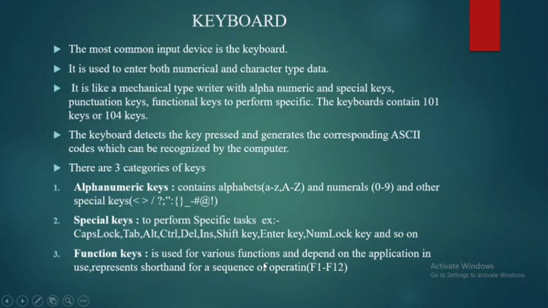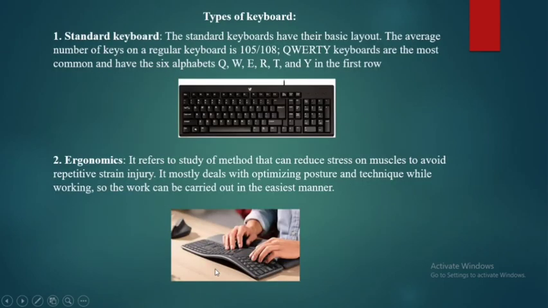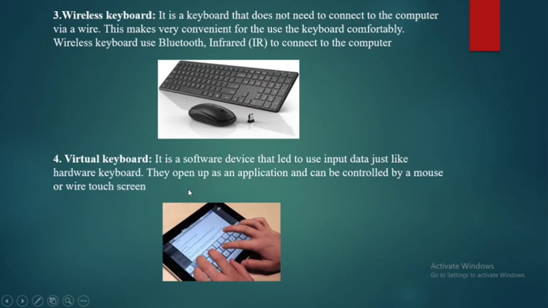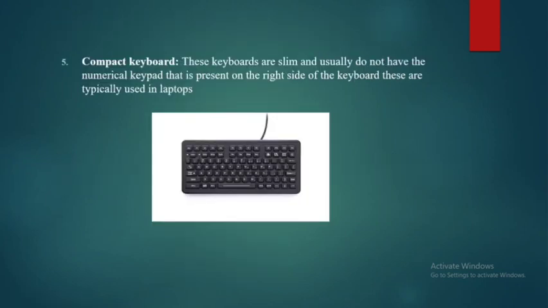So your work is to write down the operations or functions performed by each function key in your assignment book, and then go through all these things and write running notes for this chapter. Okay, so whatever we explain in the video, keep making running notes of it. So this is all about keyboard, and this could be important for a 3 marks question or 2 marks question. Okay, thank you.